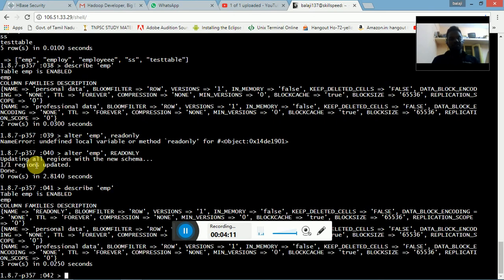The describe on emp shows that it has been set to read only mode for the table which we have created called employee. It shows read only, which means that our employee table is now set to read only. Okay, and now we will do a